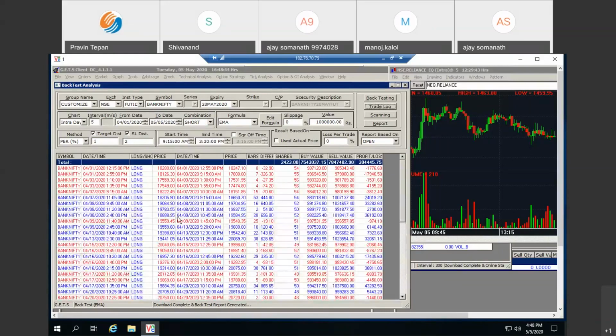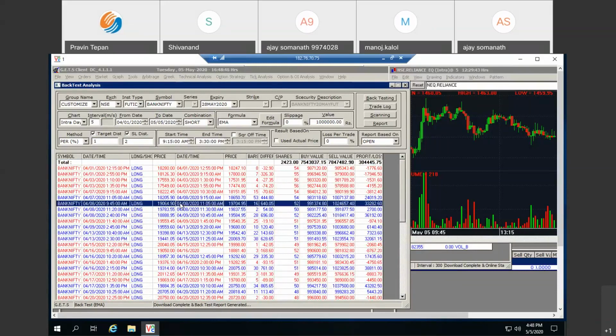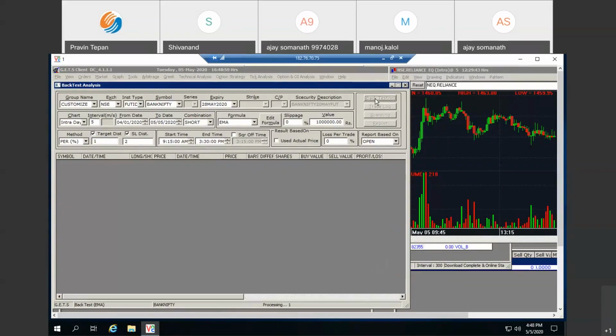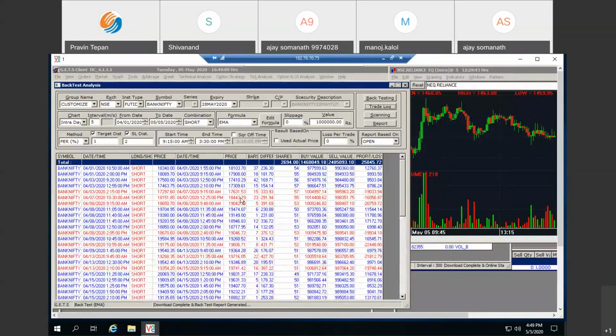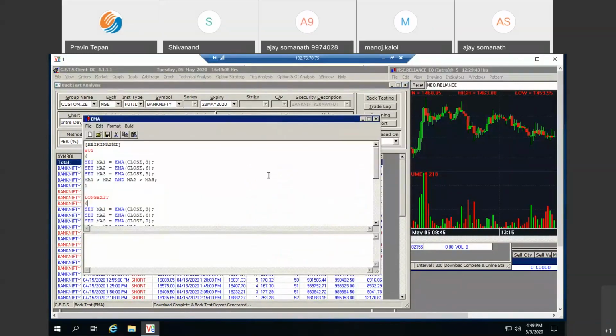You can see all the long trades are here. All the trades are long. So similarly, you can do for short also. That's a short with the parameters 1% and 2%. So accordingly, you can do R&D here. You can select various intervals. You can select start time, end time, square off time. Everything you can see here. And do R&D with your code. You can change your code also from here, edit formula. So various R&D can be done here, and you can optimize your strategy here.